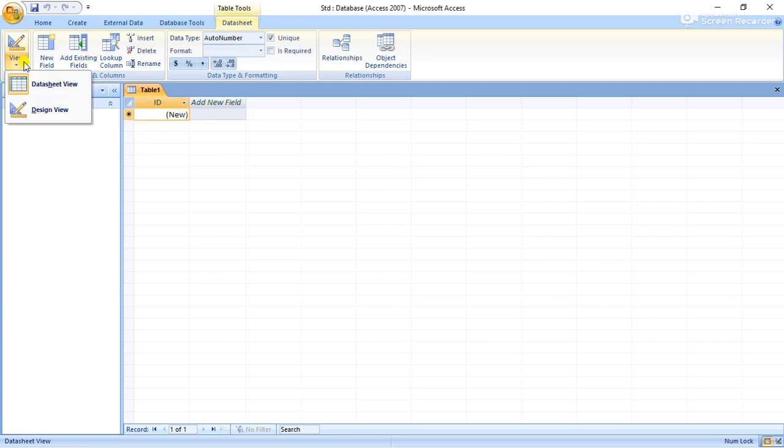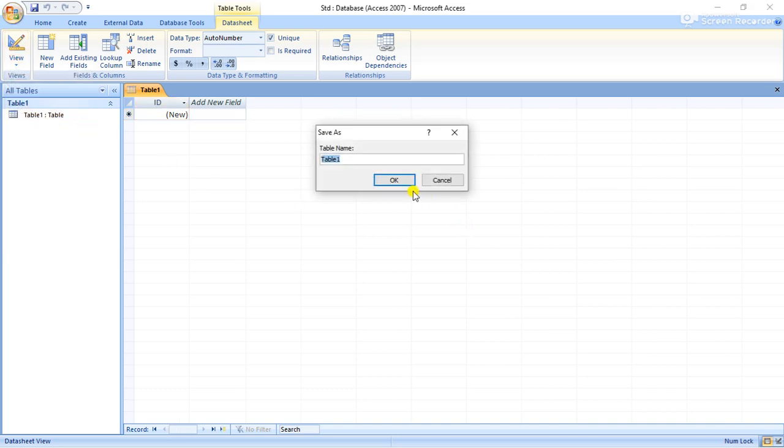Then we have to click on this view option and go to the design view. We have to save the table name first. We can save this table as std, or you can write student table.